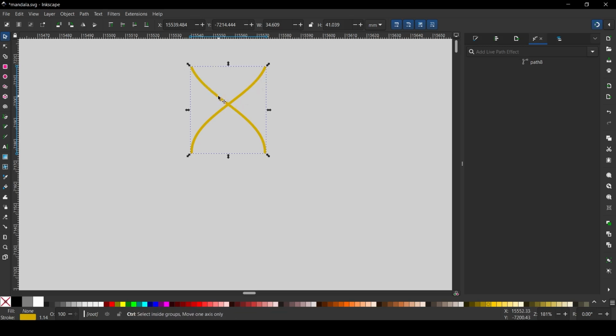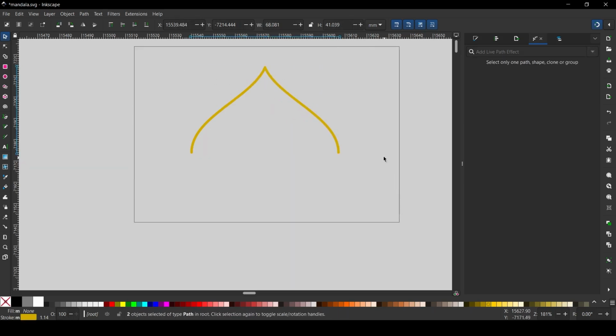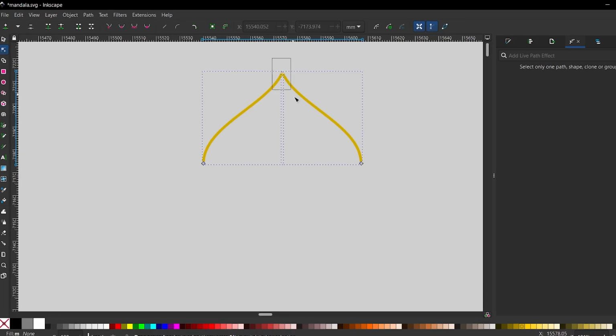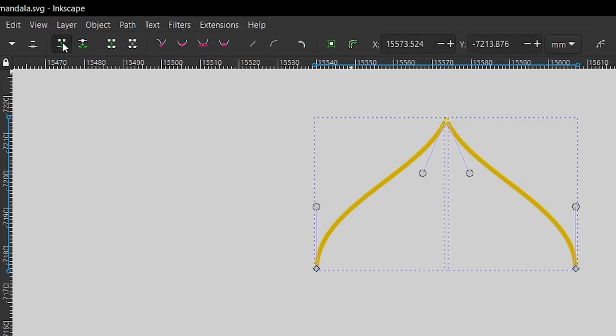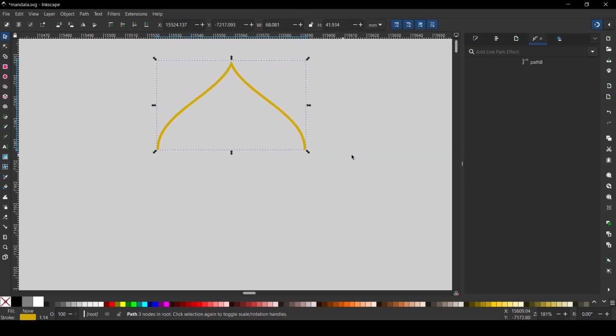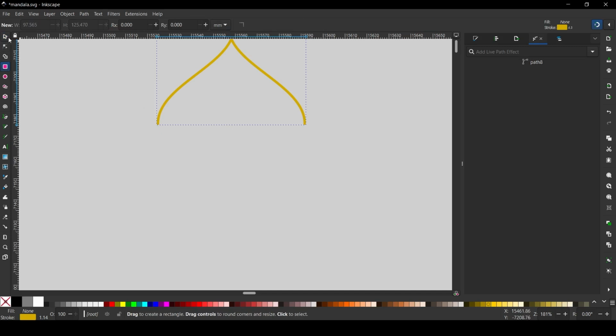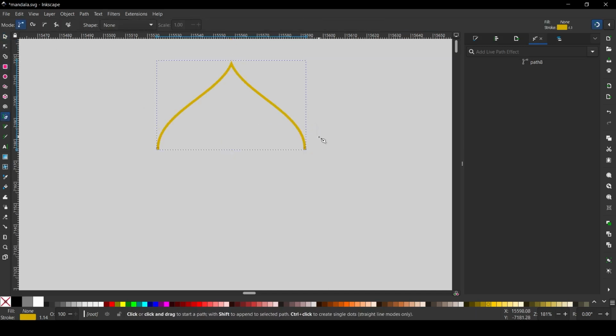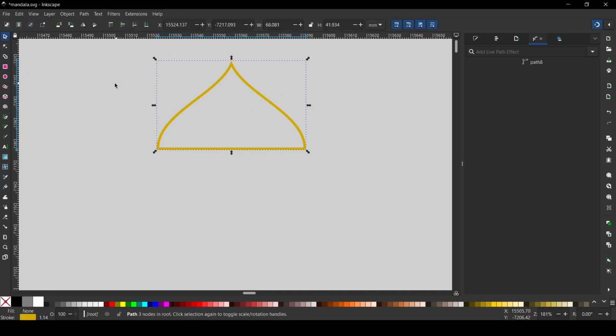And let's just do something like this, and select them both. We'll press N, we'll select these two nodes, and I'll click here to join them together, which will unionize the shape into one object. Next, I'll create a rectangle. Actually, before I do this, I want to press B and just join these two nodes like this. Then I'll make another rectangle,